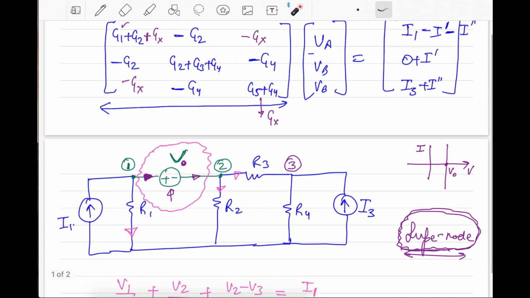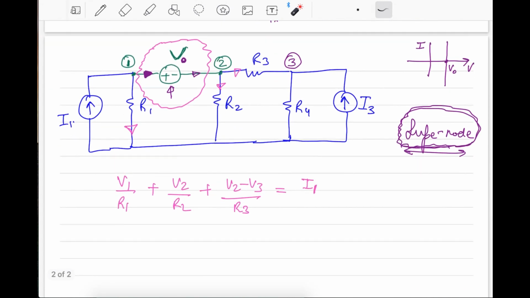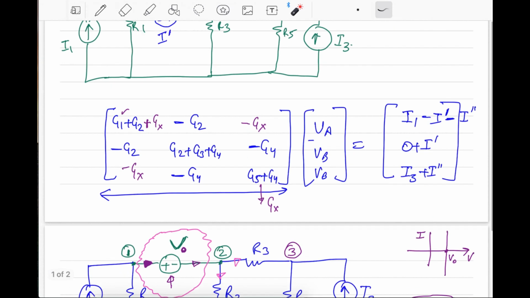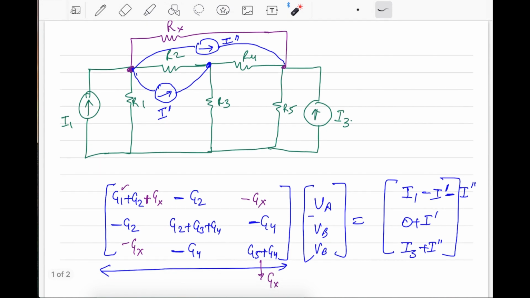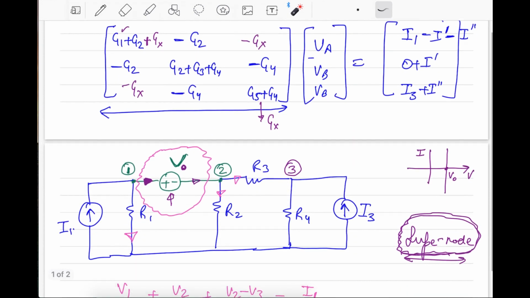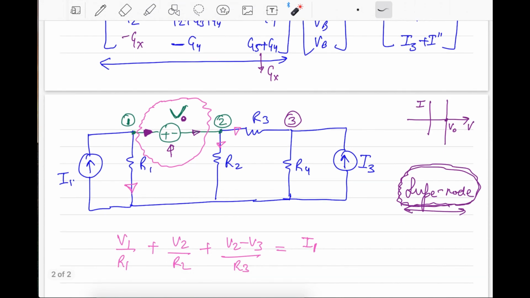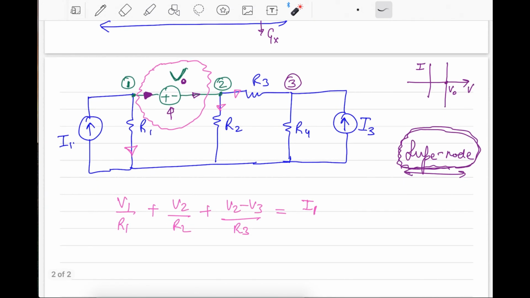Sir, here, in the above case, this V naught, V1 minus V naught. So he is telling that we will take V1 as V1 and V2 as V1 plus V0. Yes, we will use that relation now. But somewhere down the line, this is a problem. You cannot write nodal currents here. If you write nodal analysis, you do not know what current is actually flowing in this.